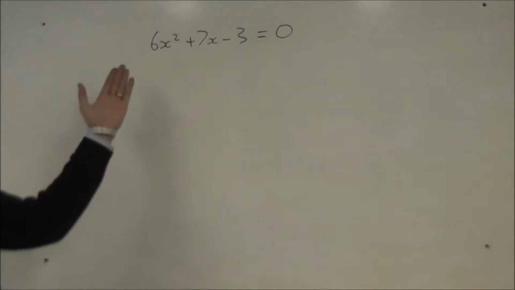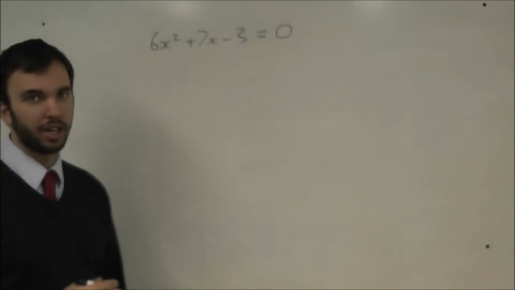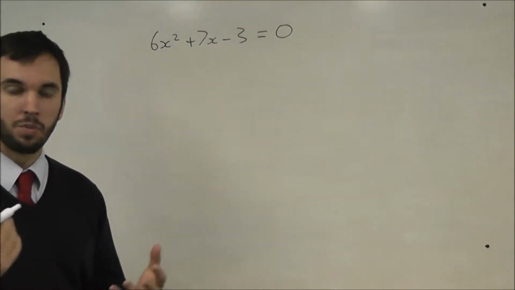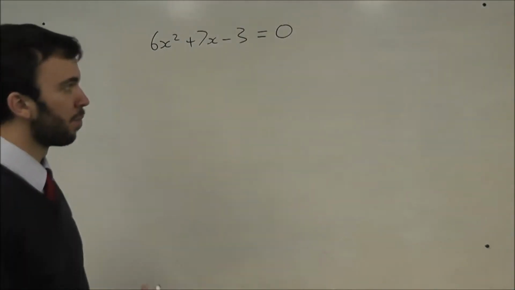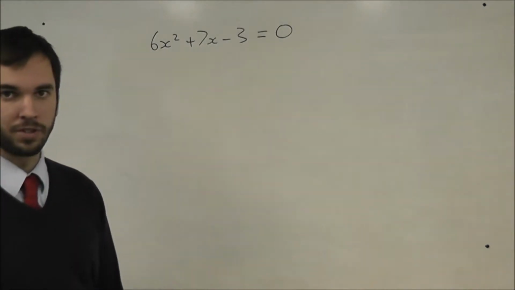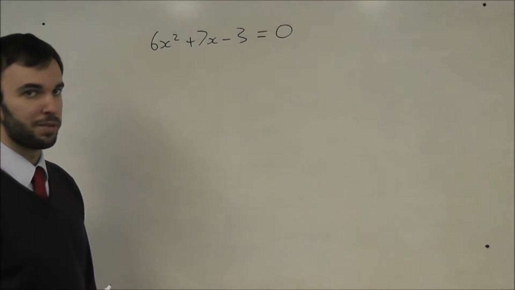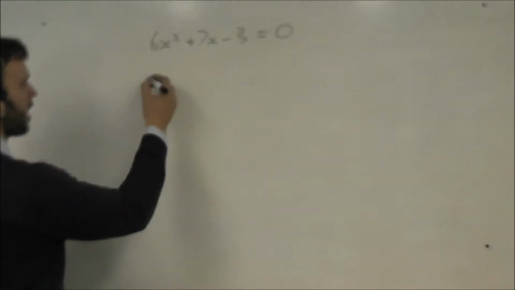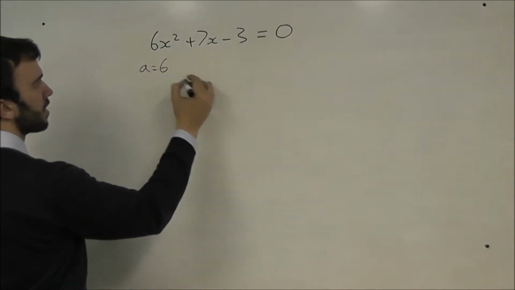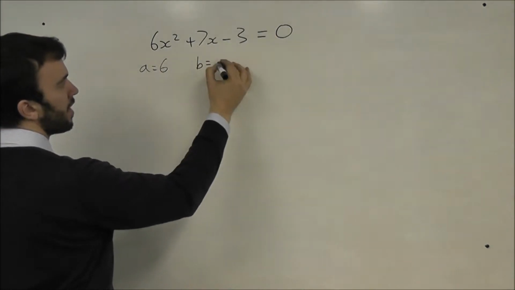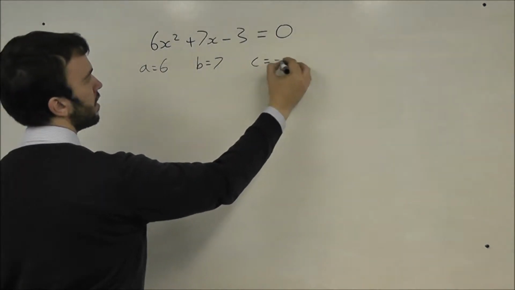So, what happens when a is not 1? Okay, it's the same thing as when we factored it in the past and a hasn't been 1. It's just a little bit more involved, and we use the bottoms-up technique to solve in just the same way that we factor. Okay, so once again, we label a as 6, b this time is 7, and c is